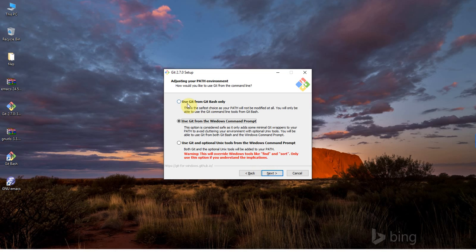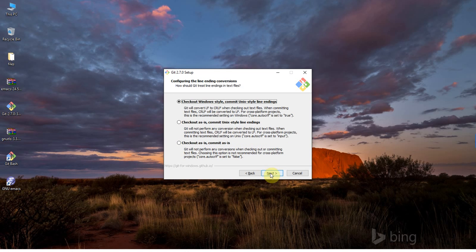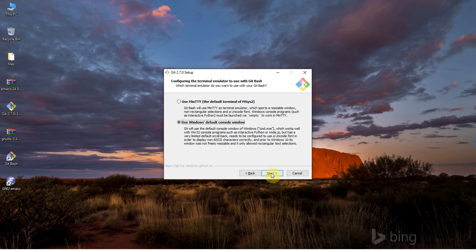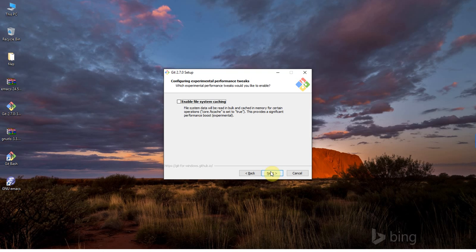Next, use Git from Bash, no. Use Git from the Windows command prompt, yeah, we want to keep things Windows, that's fine. Okay, checkout style, checkout Windows style, yeah. That's the option I selected, and next I selected the use Windows default console, and I